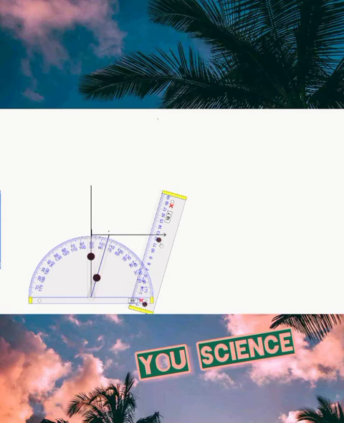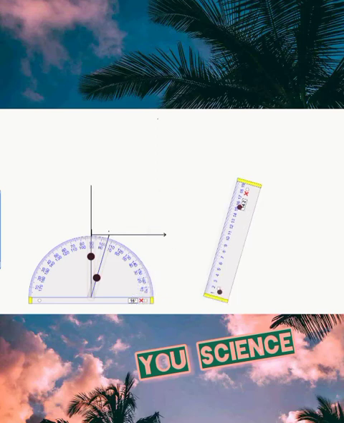So by doing this, my angle is 16 degrees. Now all I need to do, remember that this diagram you have here represents the vector diagram for the velocity. So with the angle 16